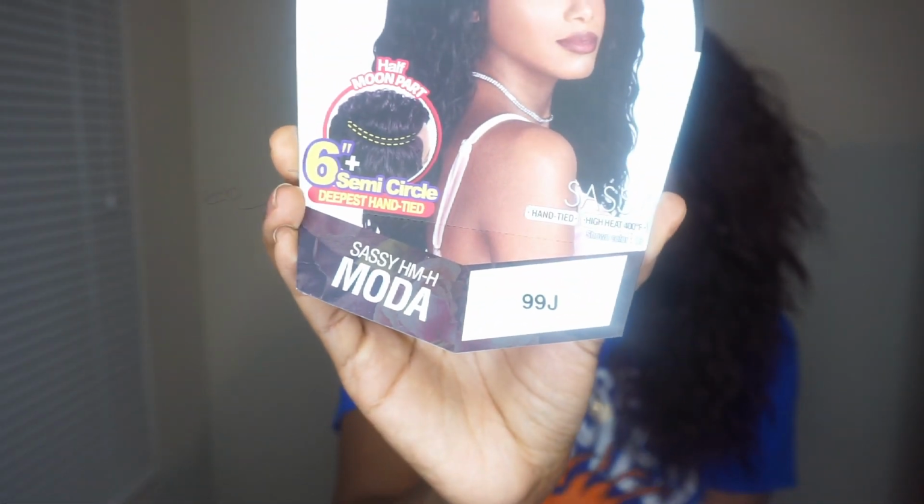So once again, this is Moda in the color 99J, and I also, as you saw, put on the color number 2. This is the half moon part. It's 6 inches, and it's the semicircle deep side part. So it is all the way over to the right side, which I think is nice. I personally like this. I'm not sure how I feel about the 99J just yet, but I think they did